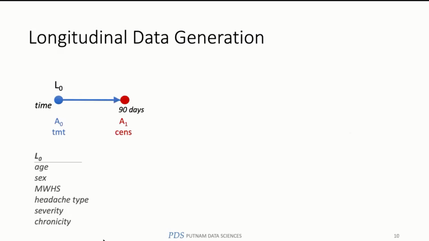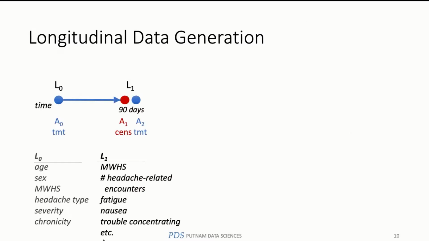If they don't drop out, but they show up, then we can collect some more information on them. The information will be maybe the mean weekly headache score in the past 4 weeks, and also the number of headache-related health encounters they've had, say, in the past 90 days, some side effects they might be feeling: fatigue, nausea, trouble concentrating. At this time, we'll give them the next 90 days' worth of their study